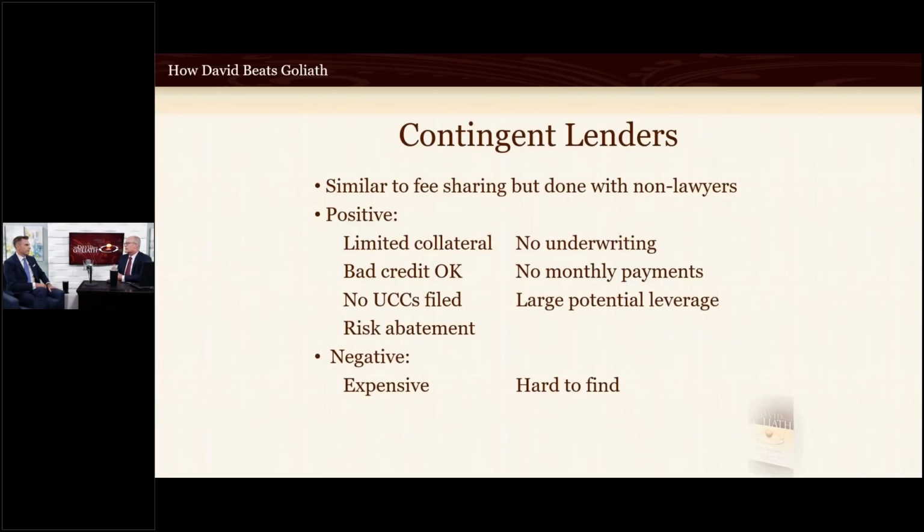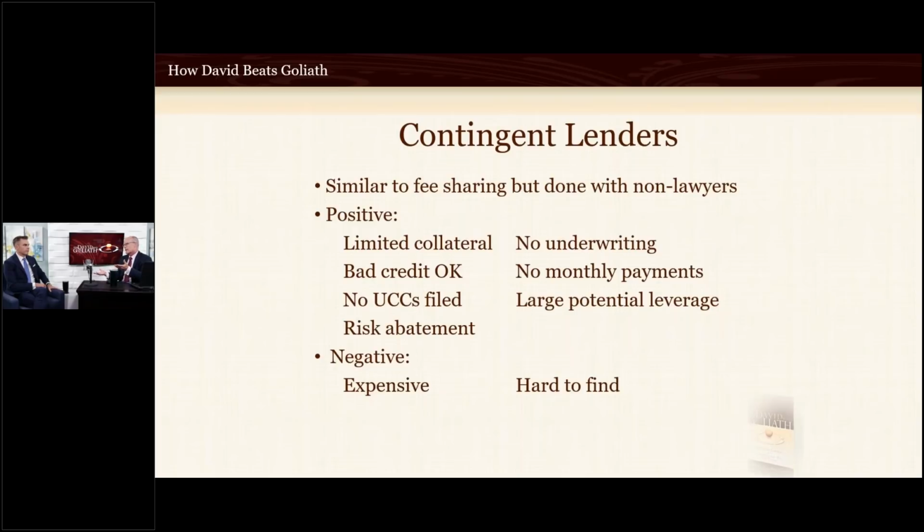I'm also seeing contingent lenders or non-recourse lending being done quite a bit in the area of mass torts. Yes. Where someone goes to Mass Tort Made Perfect, and you have these contingent lenders there. Sometimes they're hedge funds or private equity funds, and they get paid to put tens of millions of dollars on the street, and it can be kind of intoxicating that someone's going to give you $10 or $15 million. It's not recourse to you personally, it's only recourse to the cases. So, that may or may not work out.